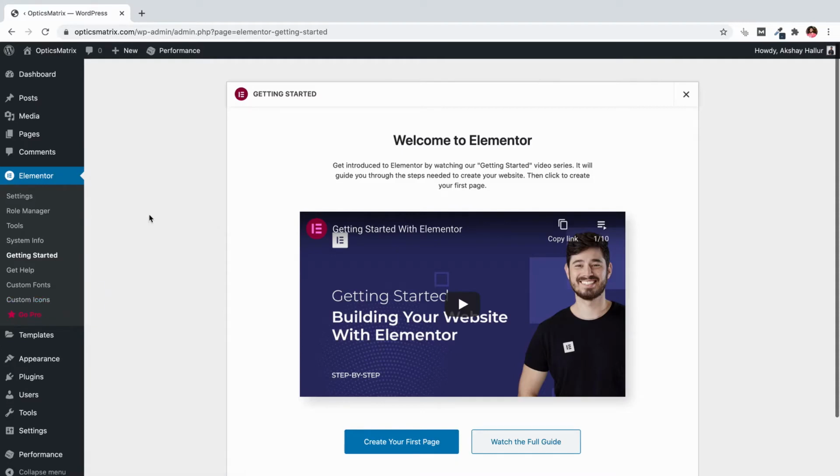There are lots of restrictions when it comes to the free version of Elementor. Although their free version is generous enough, if you want more features, then you obviously need to consider the Pro version of Elementor, because in this video we will be making use of their theme builder and many other modules that are only part of the Pro version. Okay, so for that,